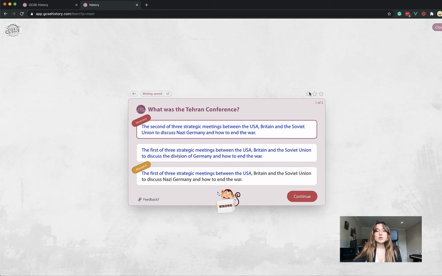You may have noticed that there's also these 3 stars in the top right-hand corner of the question you're being asked. This is because every time you get a question right, you'll get a full star filled up. The goal is to get all 3 stars filled up. So if you get the question wrong once, half a star will be deducted from the stars you already have. If you get that question wrong again, so you get it wrong twice, all your stars will be deducted